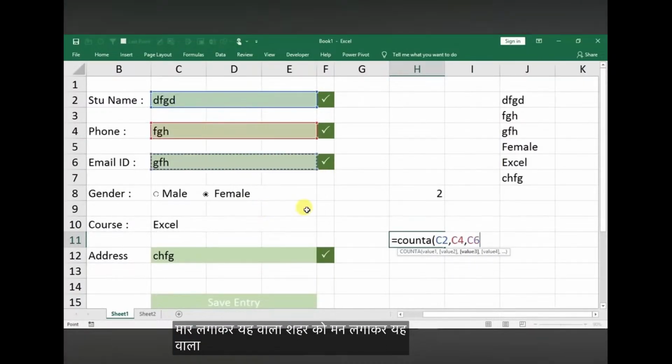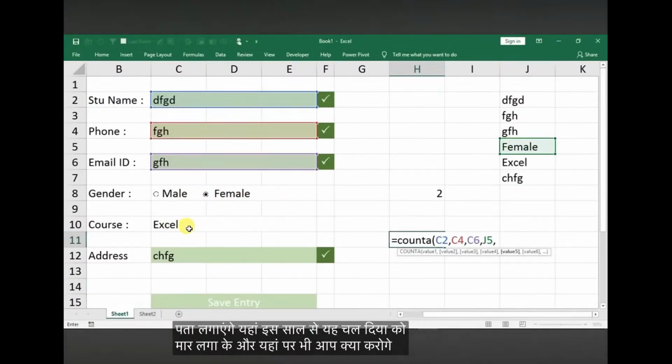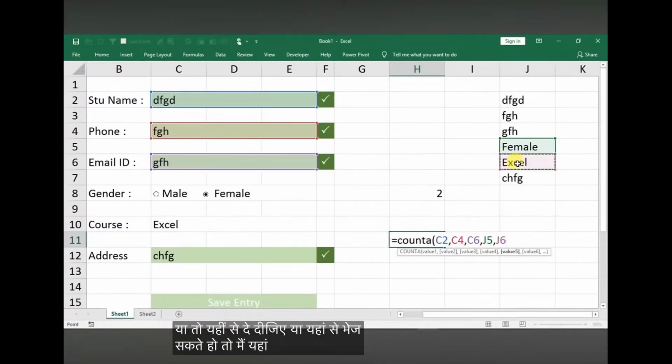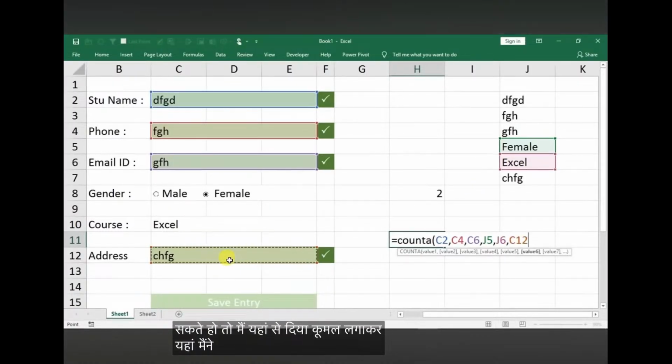अब इस काउंट ए में मैं क्या करूंगा, ये वाला सेल दूंगा, कॉमा लगा के ये वाला सेल, कॉमा लगा के ये वाला सेल, कॉमा लगा के मेल फीमेल कहां से हम पता लगाएंगे, यहां इस सेल से, ये सेल दे दिया, कॉमा लगा के, और यहां पे भी आप क्या करोगे, या तो यही सेल दे दीजिए या आप यहां से भी दे सकते हो।